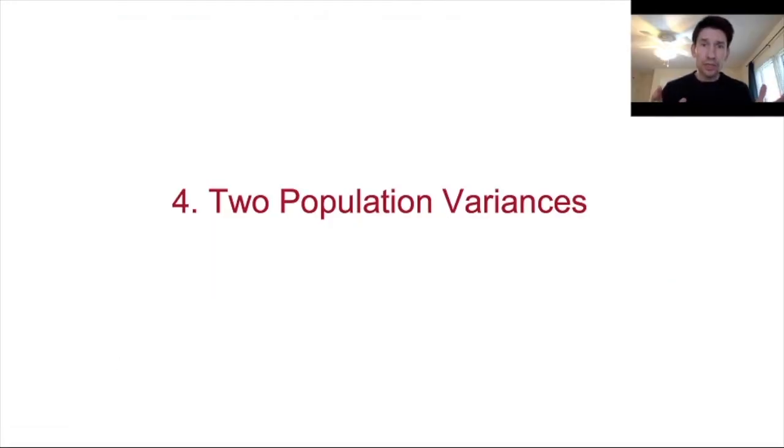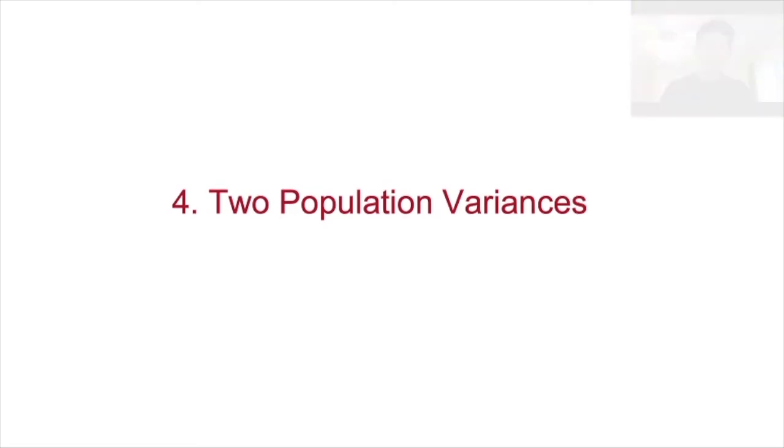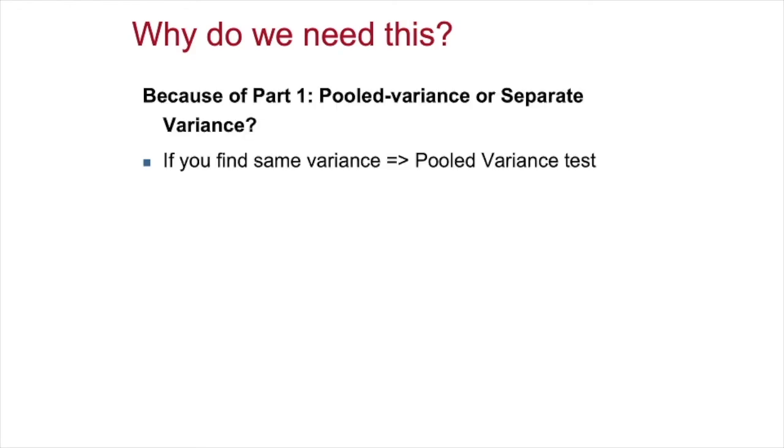Okay, so this brings us to the last part of this chapter, which is comparing two population variances. So the first thing is, why is this important for us? Well, because it loops back to the very first part of this lecture. Remember, in part 1 we said we have pooled variance and separate variance tests. Pooled variance test when we think the variances might be the same, and separate variance tests when we think the